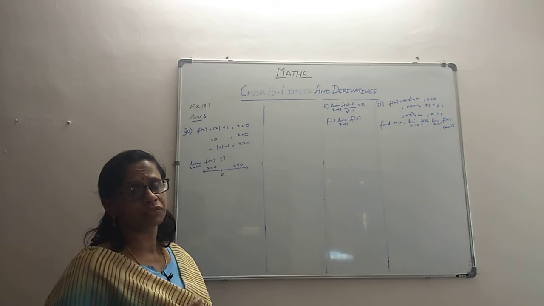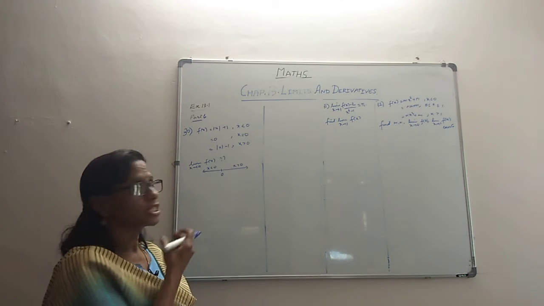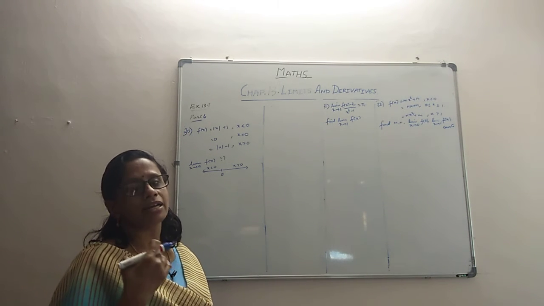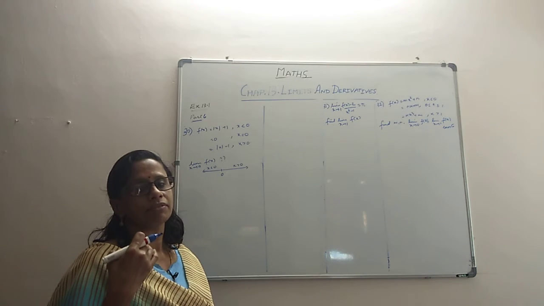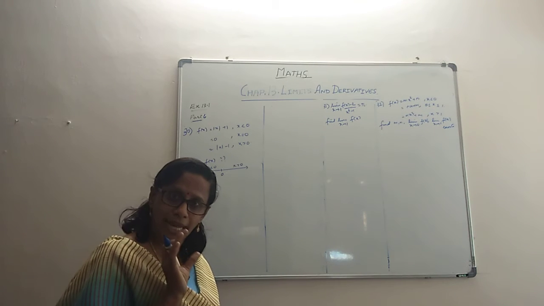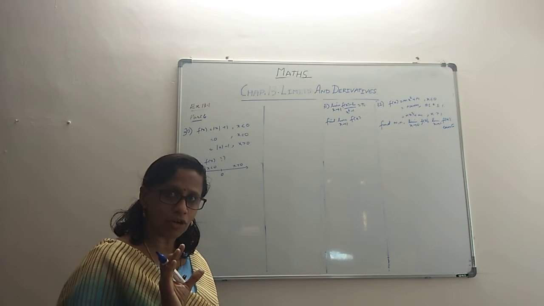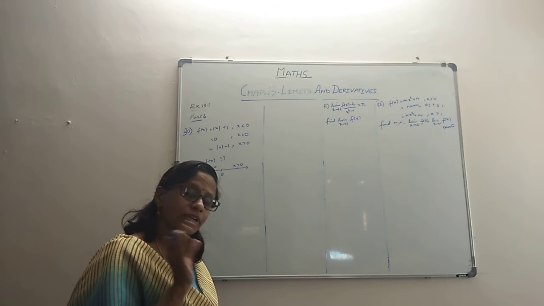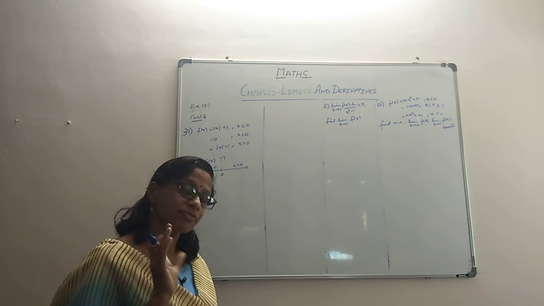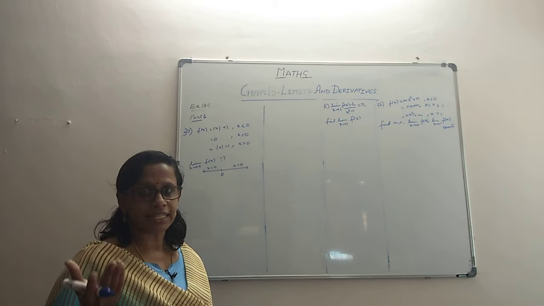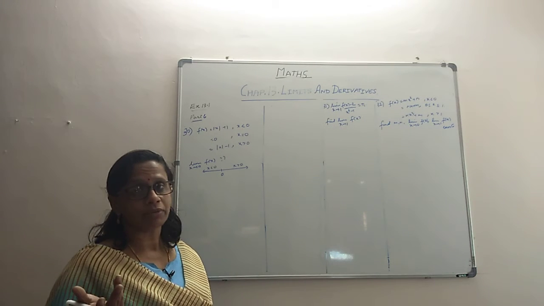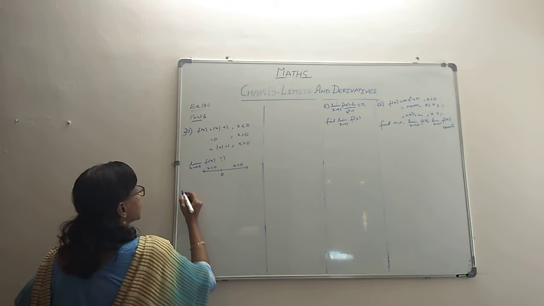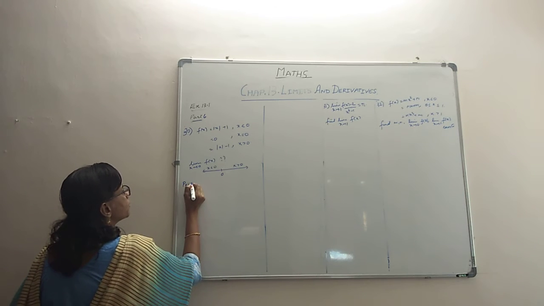So for our convenience, because the function is defined like this, we will divide the problem into 3 cases. We will find out whether it is defined at x equal to 0, and if it is defined, what the limit value is. Then we will check at x less than 0 whether it is defined, and if so, what the value is. At x greater than 0, whether it is defined and what the value is. So that's how we are going to find it. We'll do it gradually. We'll take first part 1.